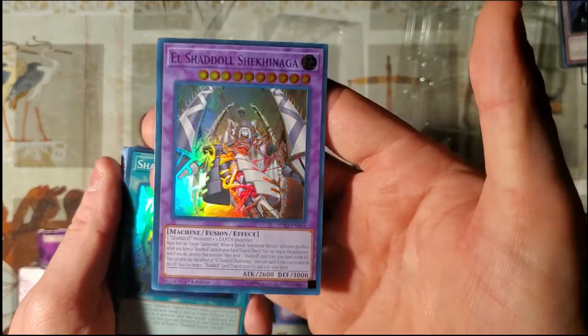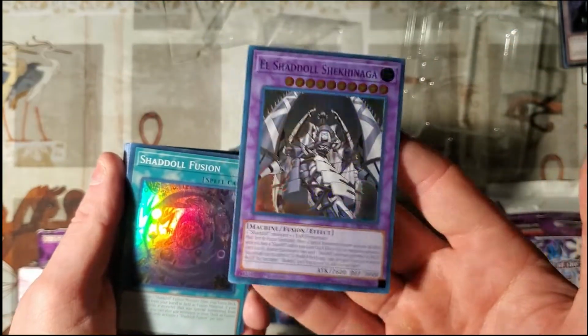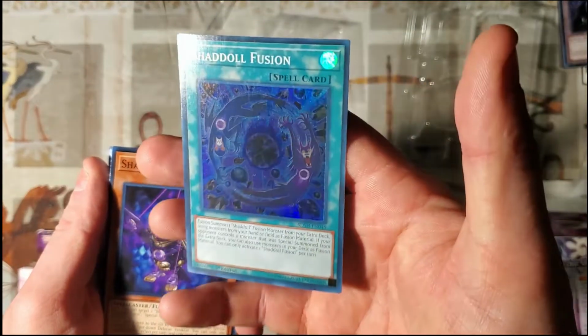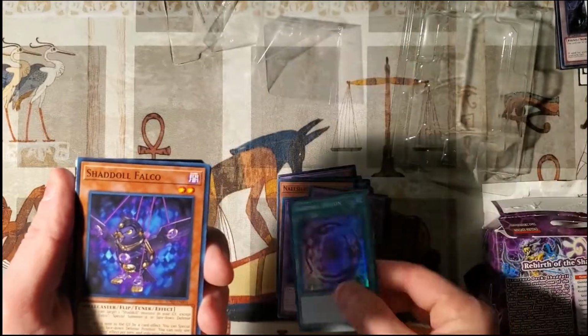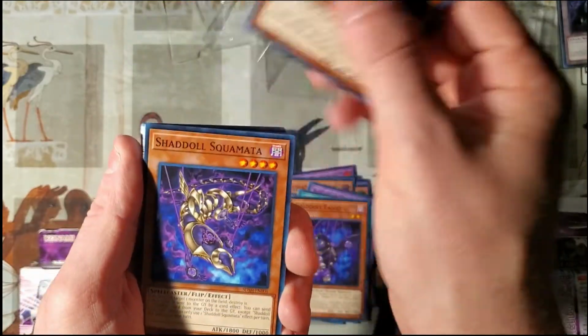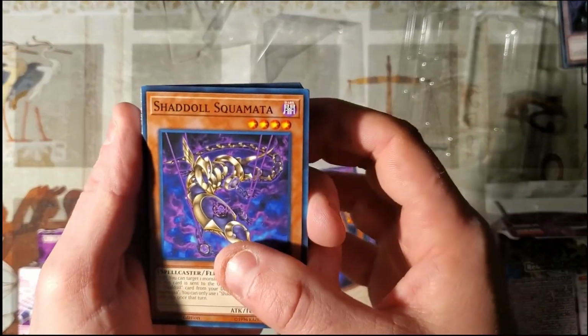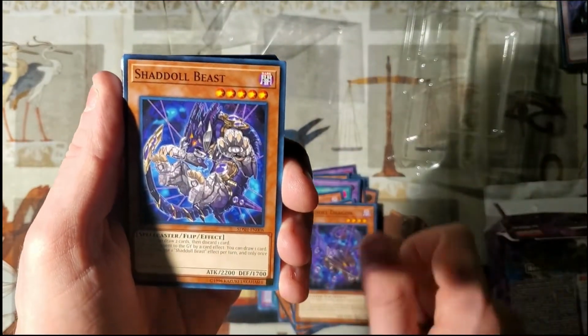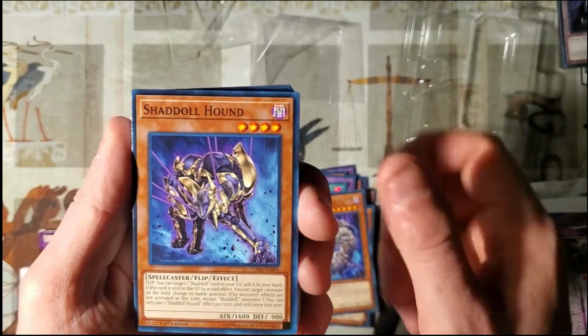El Shaddoll Shekhinaga. Oh man, I'm a Trains player. This brings me back. Shaddoll Fusion. And the super rare. We got Shaddoll Falco. Shaddoll Hedgehog. Shaddoll Squamata. Dragon. Beast. Hound,